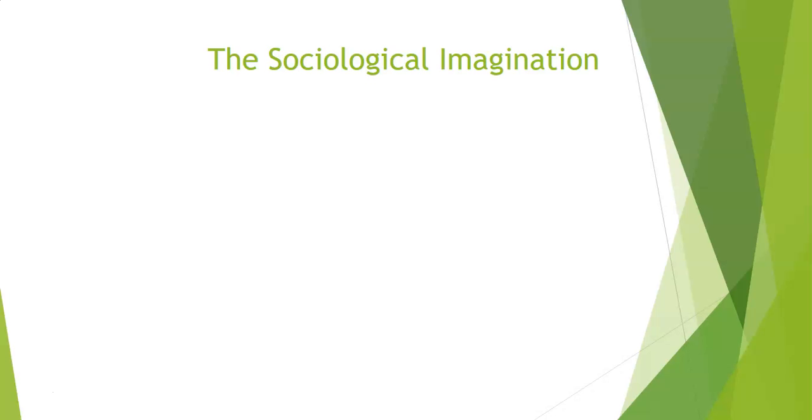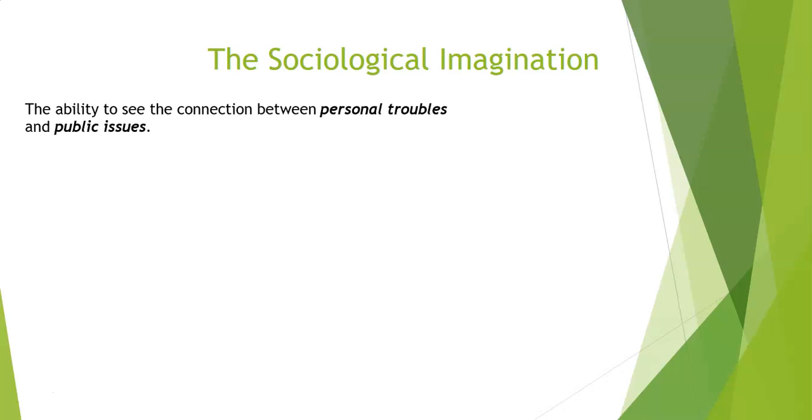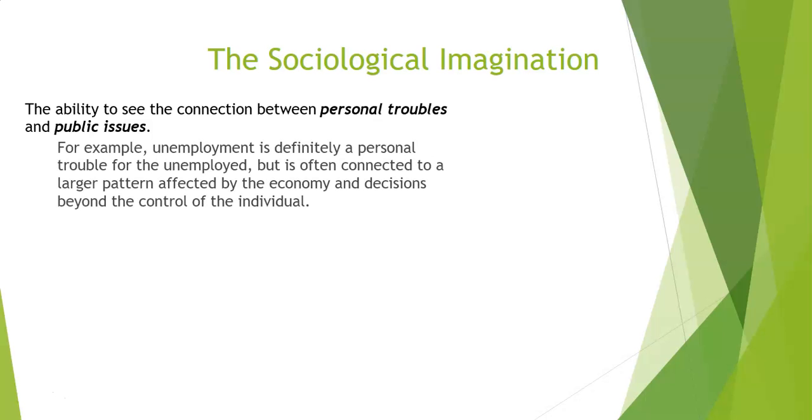The next topic that I want us to highlight from the reading is the sociological imagination. The sociological imagination, as they define it, is this ability to see a connection between personal troubles and public issues. And this is what we're talking about with even something as benign as getting ready in the morning, right? There are public issues at stake if you're going to a job and how you dress for your job. Those aren't necessarily troubles, right? But these are individual decisions that are shaped by public issues.